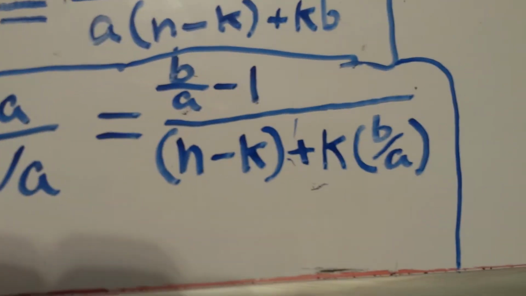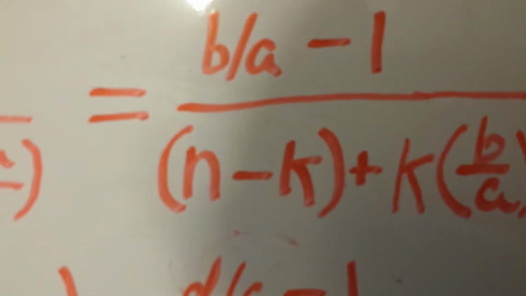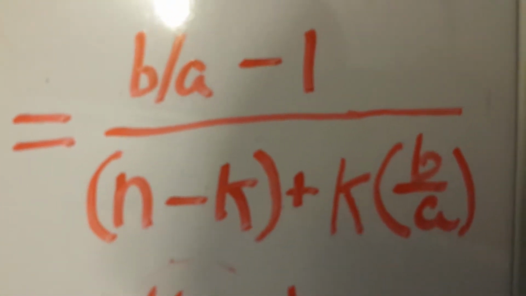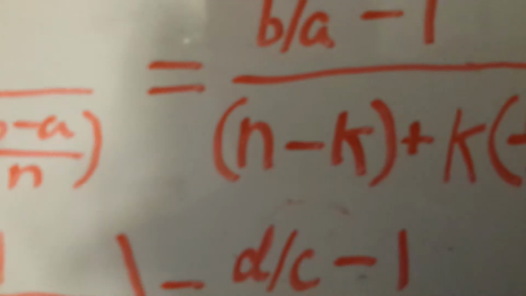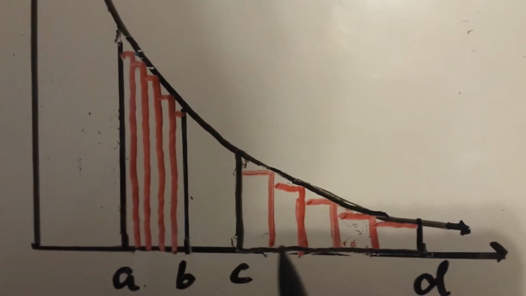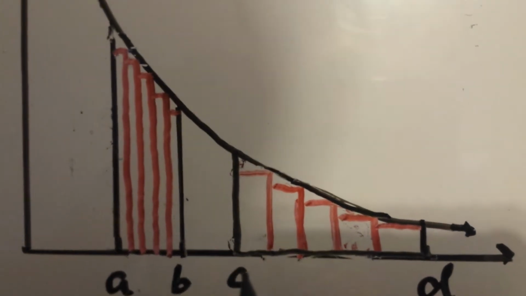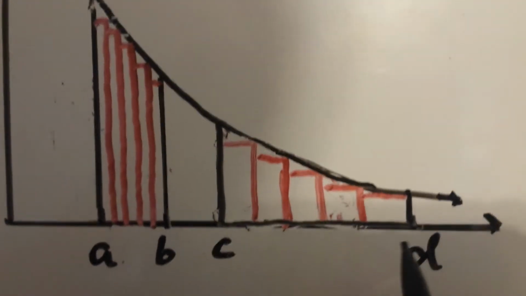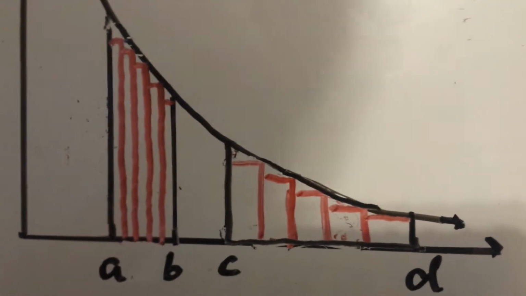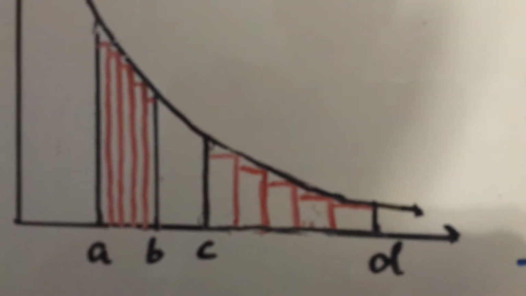Now, so we can express the area of the kth rectangle as this. We can do the exact same thing to find the area of the kth rectangle of similarly constructed rectangles between C and D. So if we do the exact same thing, if we use the same n and divide C and D also into n equal segments,